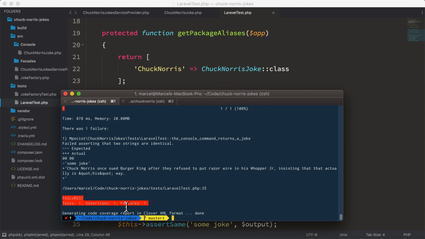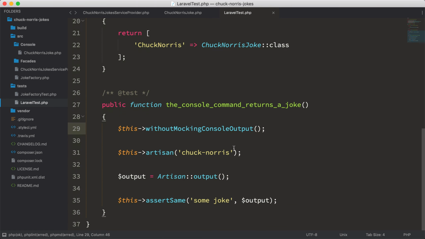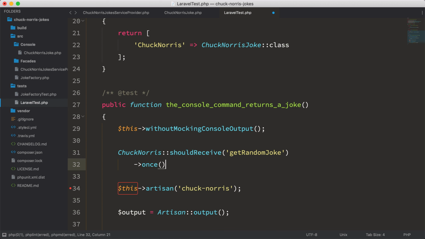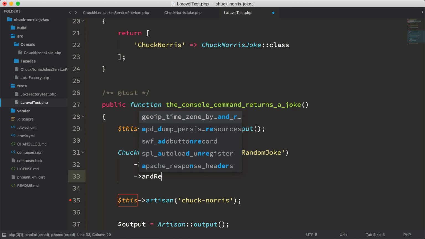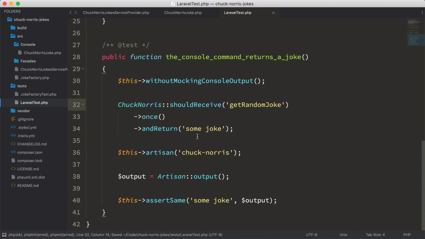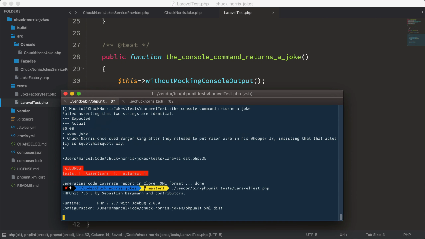Now, how can we actually go and test this? The nice thing about using the facade inside of our command is that we can easily mock things inside of our facade class. So what we can do is we can say ChuckNorris, so the facade, should receive getRandomJoke. It should receive it once, and then it should return some joke. And of course, we still need to import the facade in here. Now, if we go and run this test again,